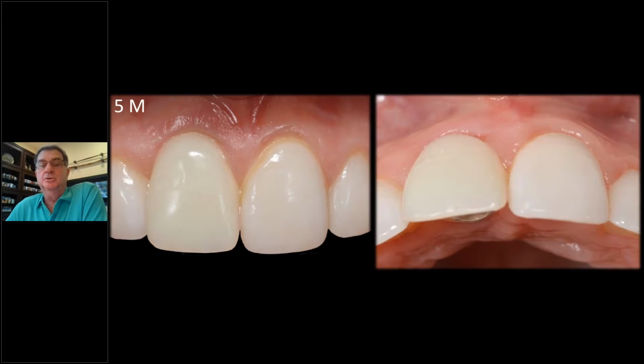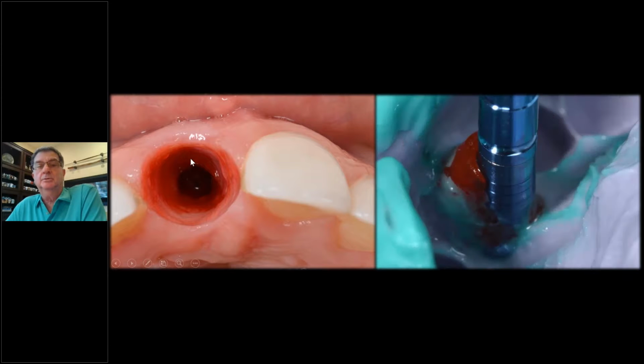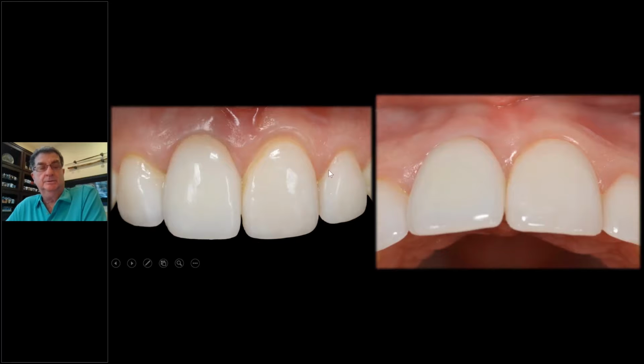And there you see the result of this beautiful result on Alexa. Take it off, and you see the beautiful extra thick tissue we had under contour. The tissue came down. Then we take an impression. Here's the implant with the gold-plated ceramic metal. Adam does his thing, technician. And this, no grafting was ever done here to the pre-gingival. It came down on its own.